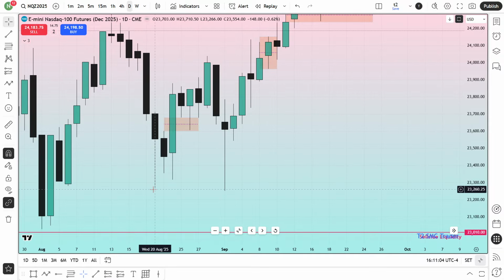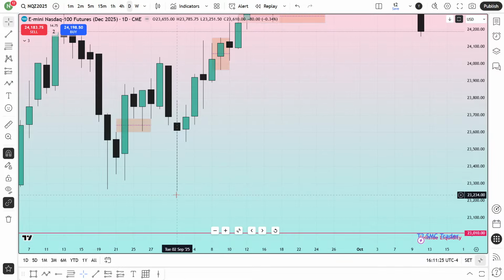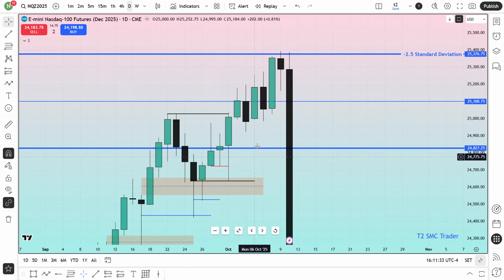Even though nobody has closed here, liquidity is taken, because one shallow run, two shallow runs. So I don't need the body close below this low. Just a shallow run is more than enough for marking it as liquidity taken. That means liquidity is gone already over here. If the body closes below this low, that means clearly there is no more liquidity. There is no liquidity. But a shallow run will mark that it's done.